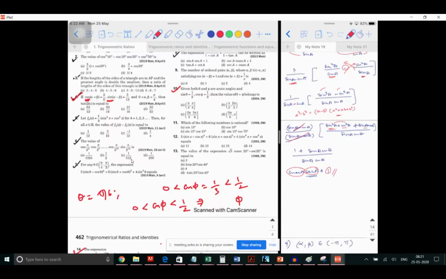Sir, I converted the rest of the things to cos, sir. Okay, then you wrote it as cos 0 less than cos phi less than, ah, sir, I got it, sir. Pi by 3 less than pi by 2. Why is it so? So if that is the case, this should be cos 0, this should be cos phi, this should be cos pi by 3, right? If that is so, this should be cos pi by 2. Right, but what are you trying to say? This is less than pi by 2 and greater than pi by 3. Is that what you're trying to say, sir? How?